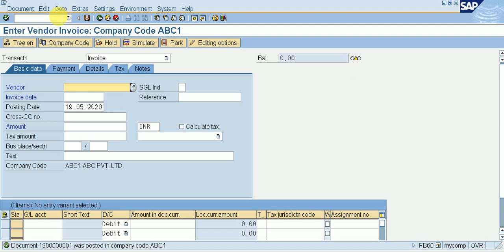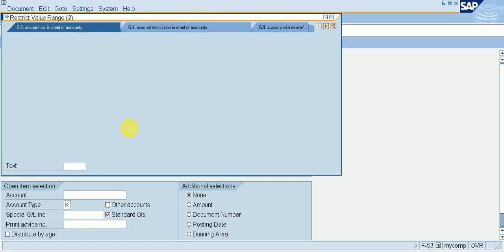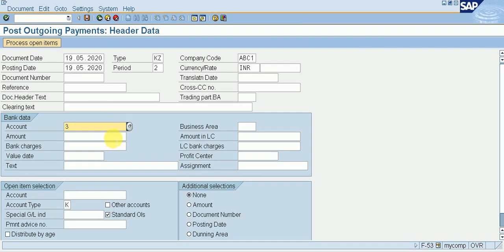Now for purchase account invoice created but not payment. So for payment I need to go /n F-53, enter, give your document date, enter, give your account, issued bank account, amount.